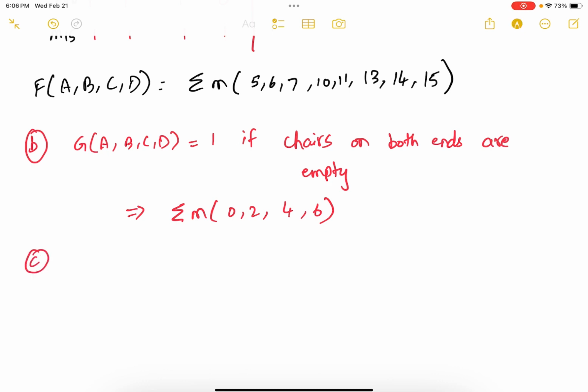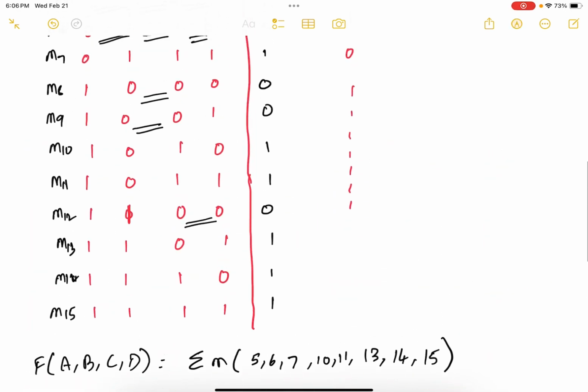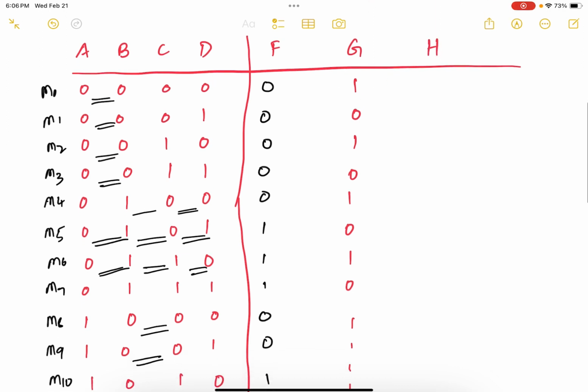Let's take part 3. So you have function H of ABCD, which is asserted if at least 3 chairs are occupied. Which means that 3 out of the 4 chairs A, B, C, D should be 1. Again, look for combinations where you have 3 ones. So your H would be 3 ones would first occur at M7,